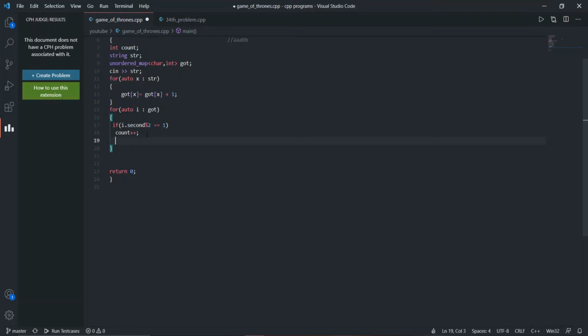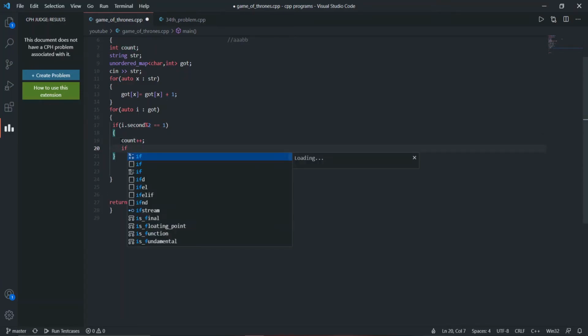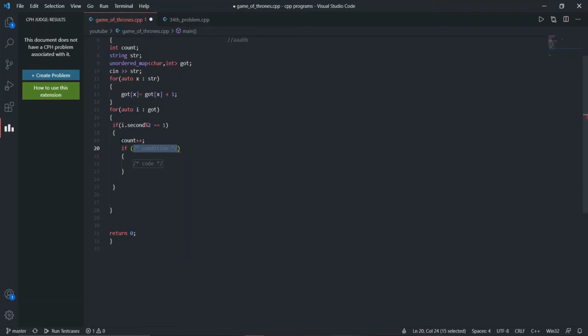I'm gonna use an if statement in this for loop, and I'm gonna use another if statement which will verify if count value is greater than or equal to 2, then break the loop.